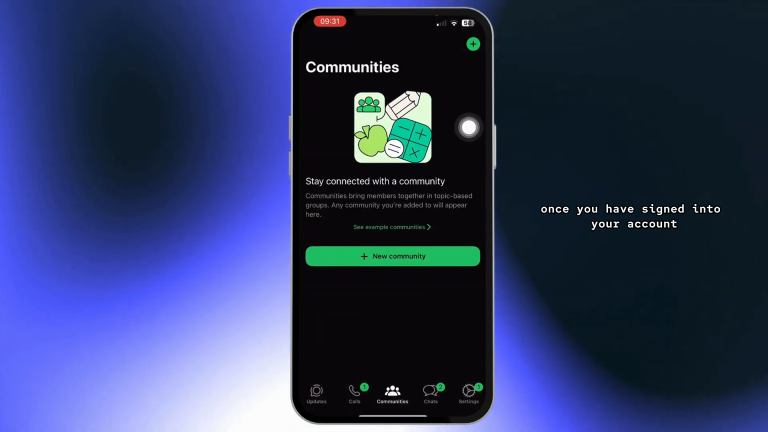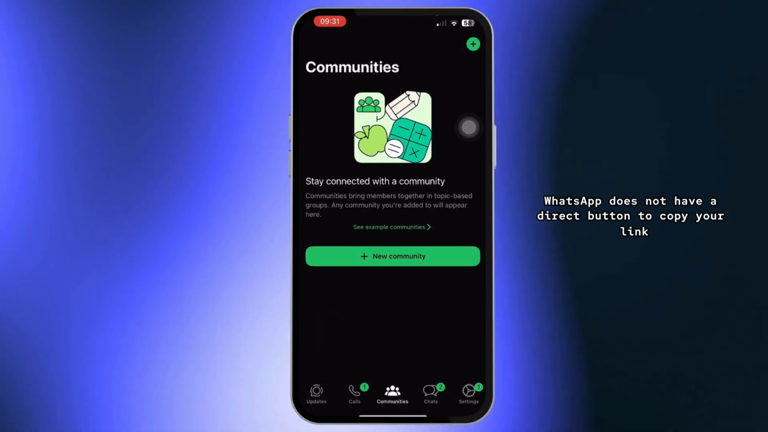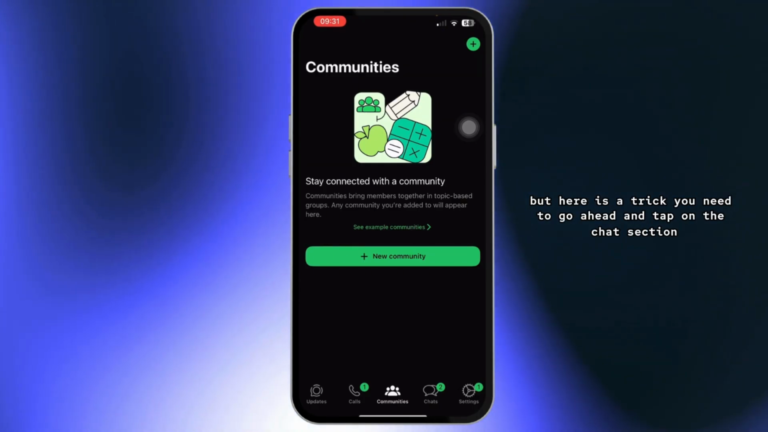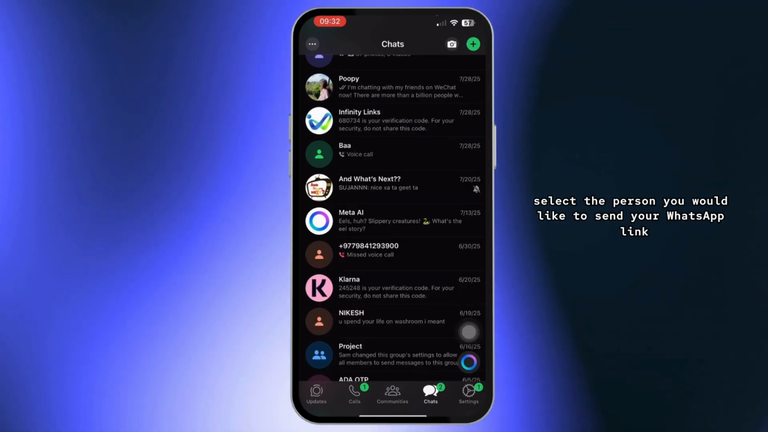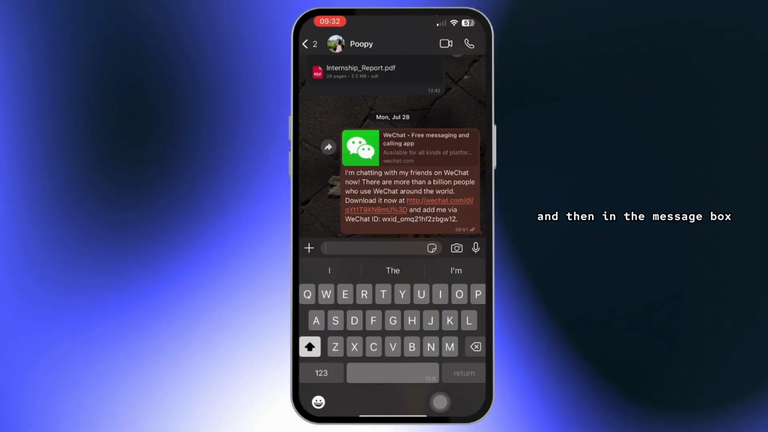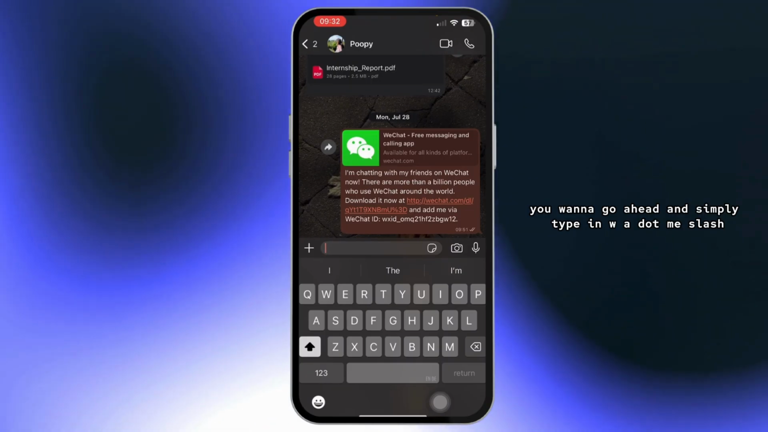Once you've signed into your account, WhatsApp does not have a direct button to copy your link, but here is a trick. You need to go ahead and tap on the chat section, select the person you would like to send your WhatsApp link, and then in the message box, you want to go ahead and simply type in